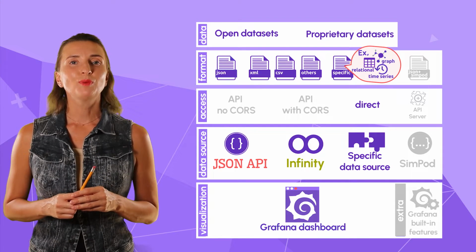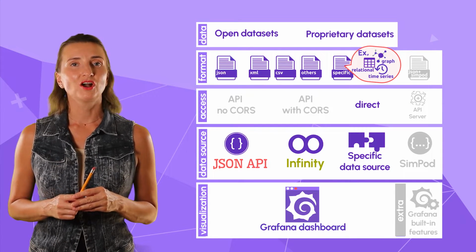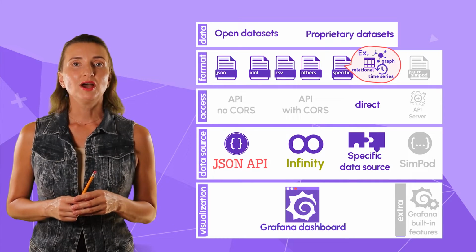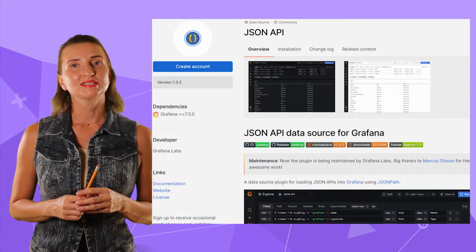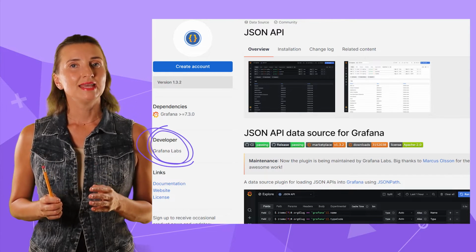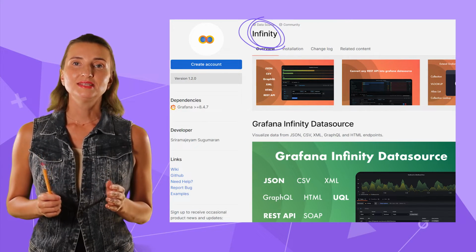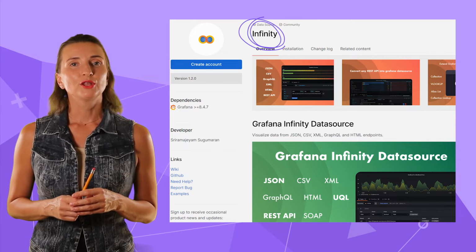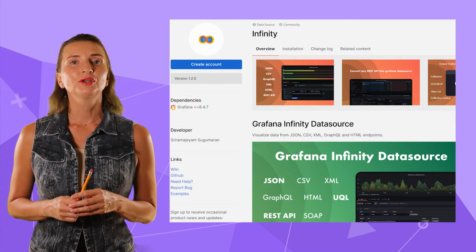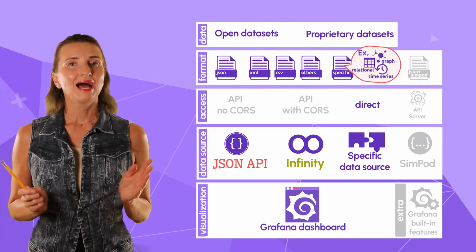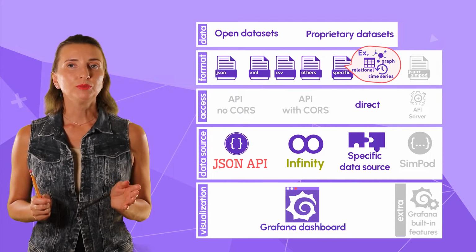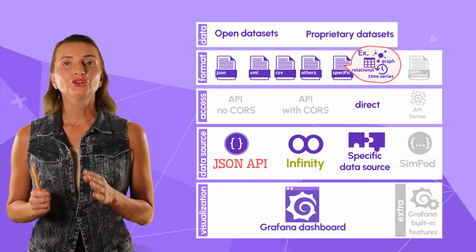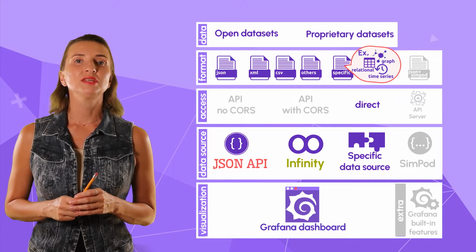Two of the most popular plugins to work with data files are JSON API and Infinity. Marcus Olsen originally developed JSON API. Now it's maintained by Grafana. Infinity belongs to another great open source community contributor, Sugumaran. Both plugins are great. They solve the primary necessity, namely, they parse the external JSON files, converting them into Grafana's